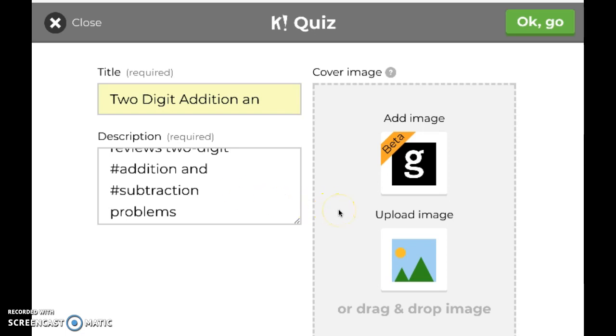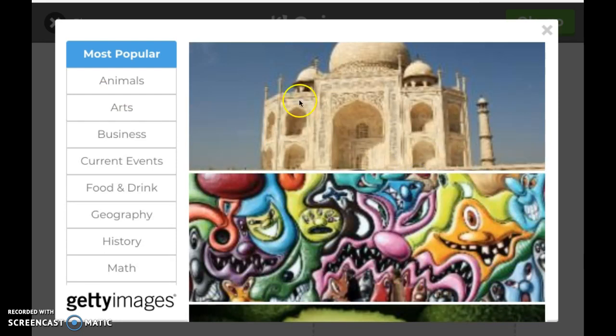To add an image, you can select an image from Getty Images or upload an image from your computer. I will select an image from Getty Images. Getty Images provides free images for educational use. There are different categories on the left side. Select Math,